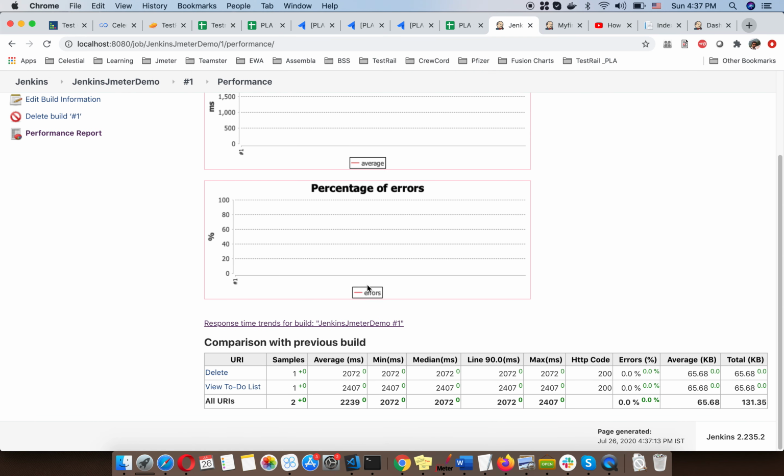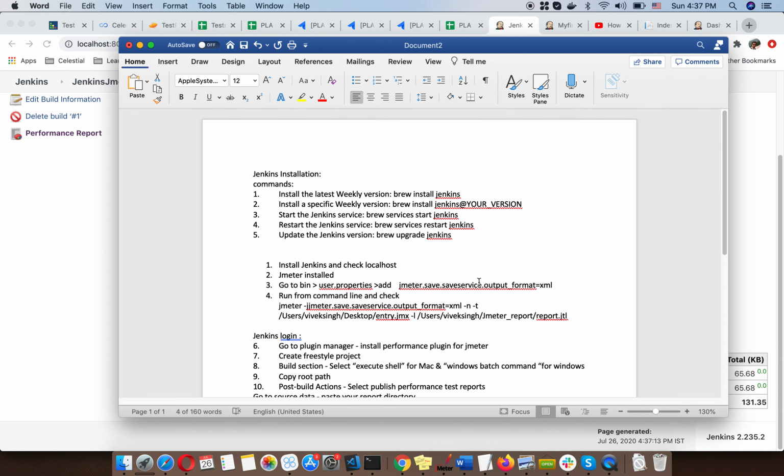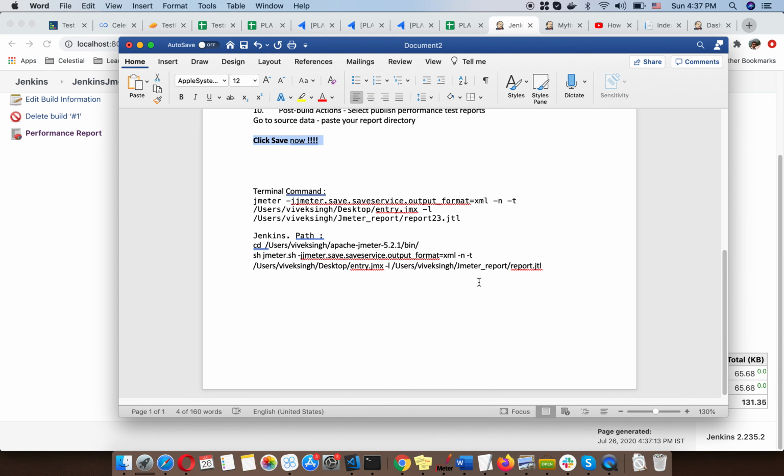So this is the overall idea of how to integrate your JMeter with the Jenkins tool, which is a CI/CD tool that I think every organization requires to run automation inside Jenkins. This is the overall idea you can follow, and you will be able to execute your JMeter within Jenkins and all the rest.